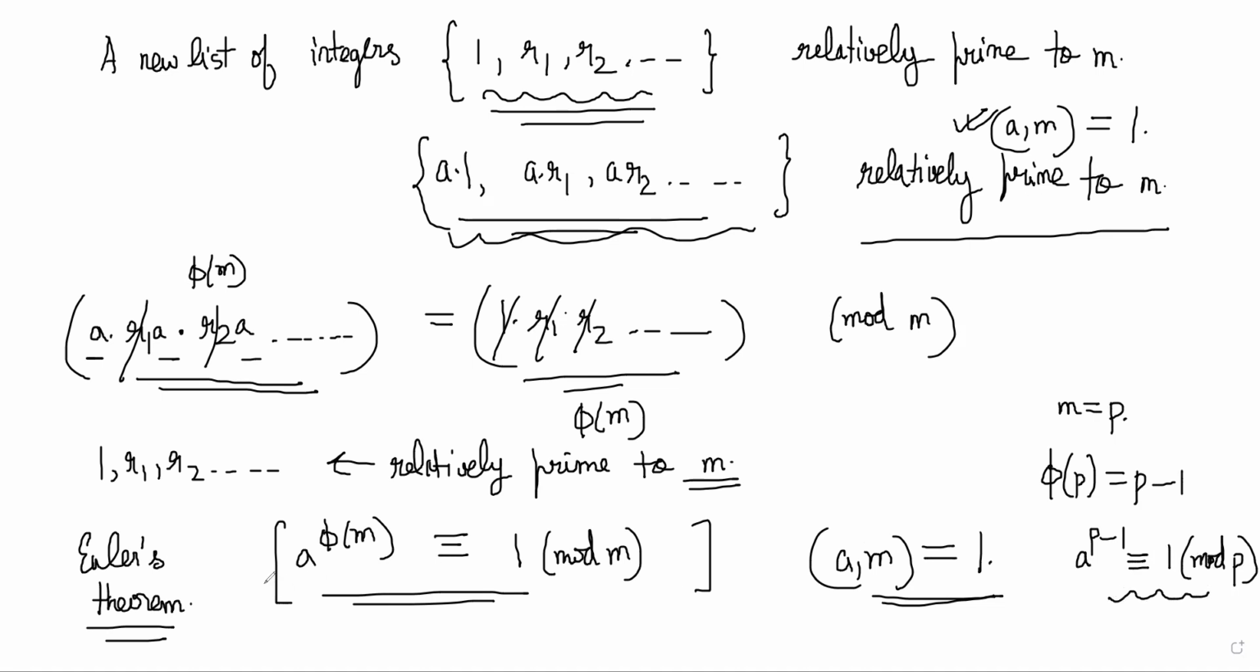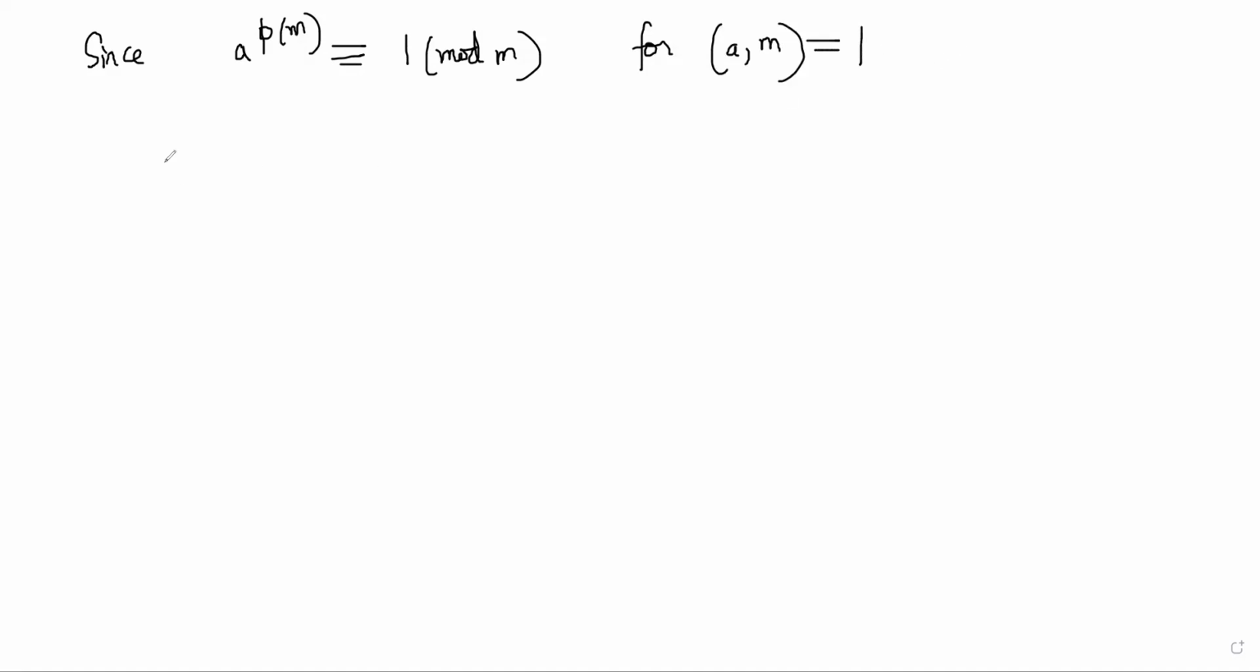Okay. Now, what we want to think about here is, since a^phi(m) is congruent to 1 mod m for GCD of a and m being equal to 1, every number relatively prime to m,